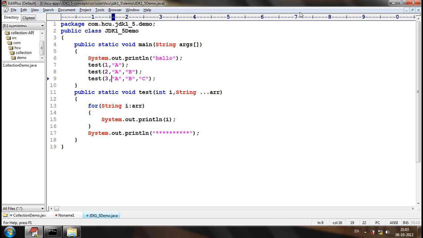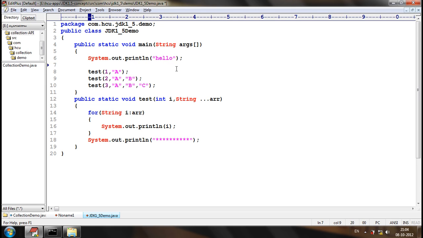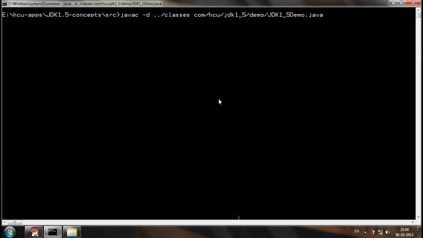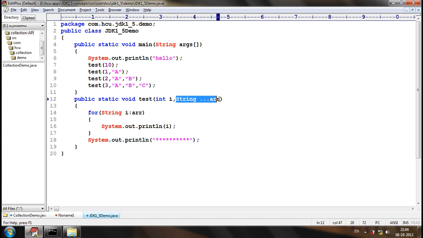Okay, now can I compile this? Can you compile this? Yes. Just because once the first argument is integer, after the first argument, even zero string arguments are allowed. So this will compile successfully. Again, sorry, int i is duplicated.